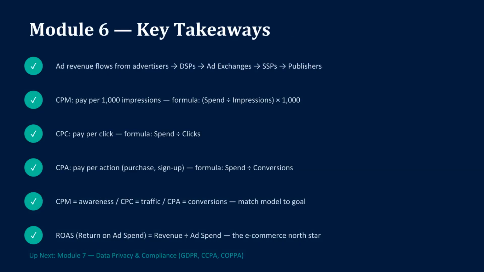That wraps up Module 6. Let's quickly recap what we covered. How ad revenue works: CPM, cost per mil; CPC, cost per click; CPA, cost per action; choosing the right pricing model,